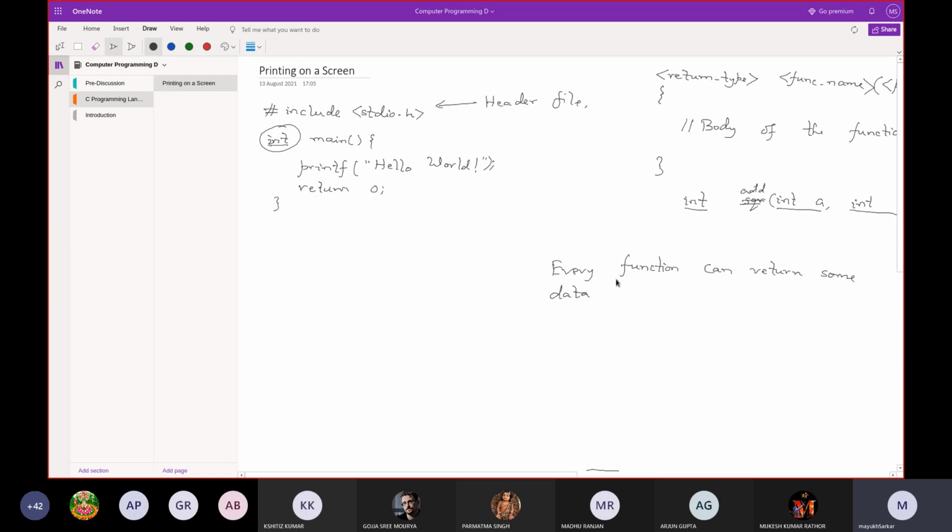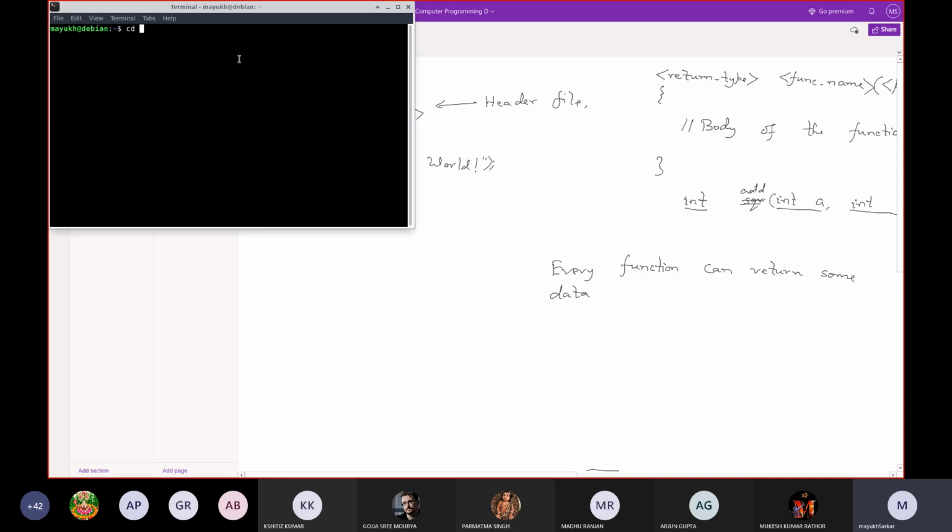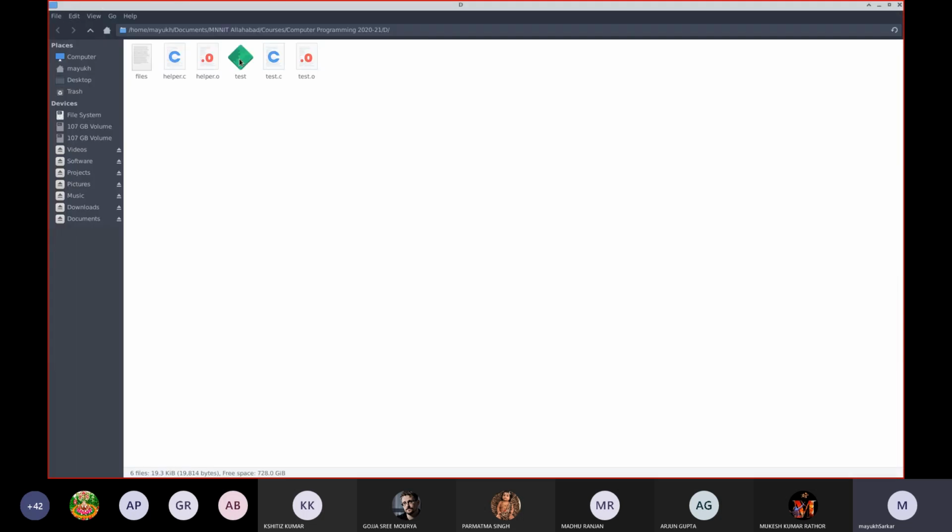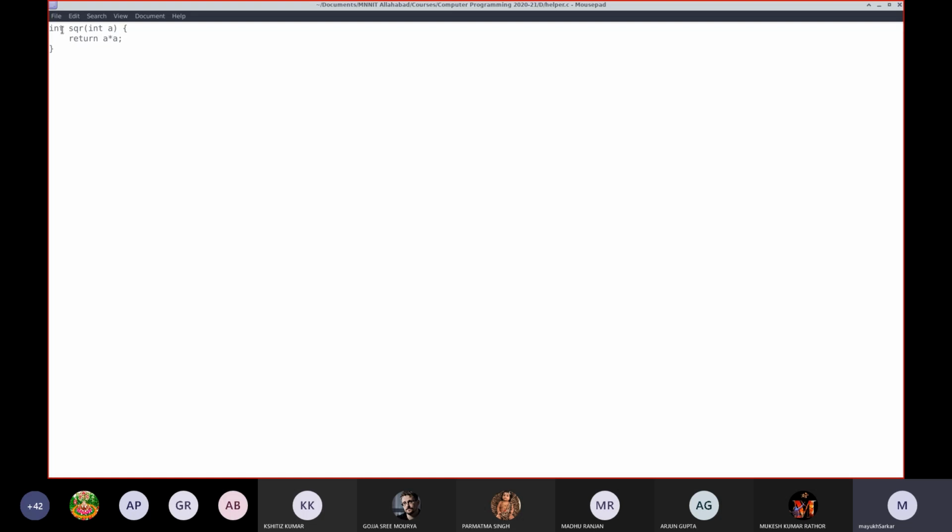As for example, if you can remember our discussion, let me go to that location. Here in helper.c, you can see one function. Its return type is also int. The function name is sqr, then it has one parameter, int a, a single parameter function.